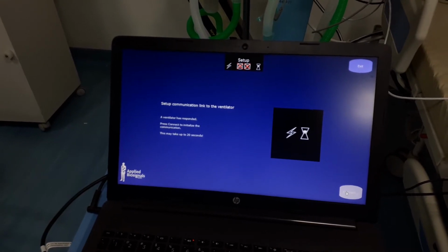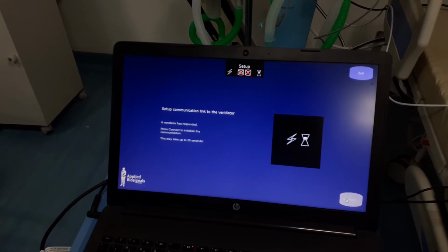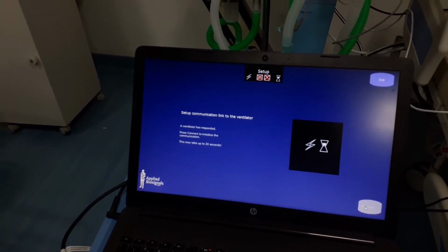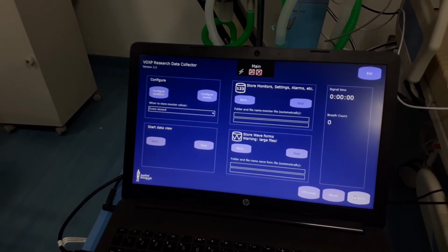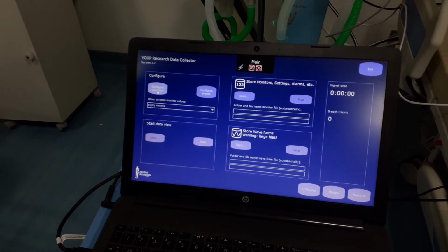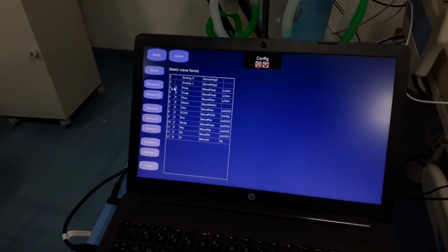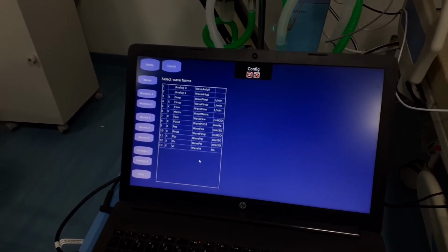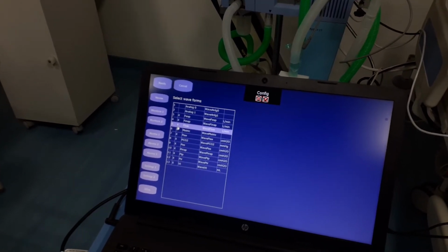This software is mostly used for research purposes. It will collect 60 monitoring values, 91 alarm settings, 60 settings, and 10 waveforms. So I will demonstrate here how. Let's say we want to customize what parameters we want to store. This is generally the page where we can change these settings. Cross means these are the settings which we have to